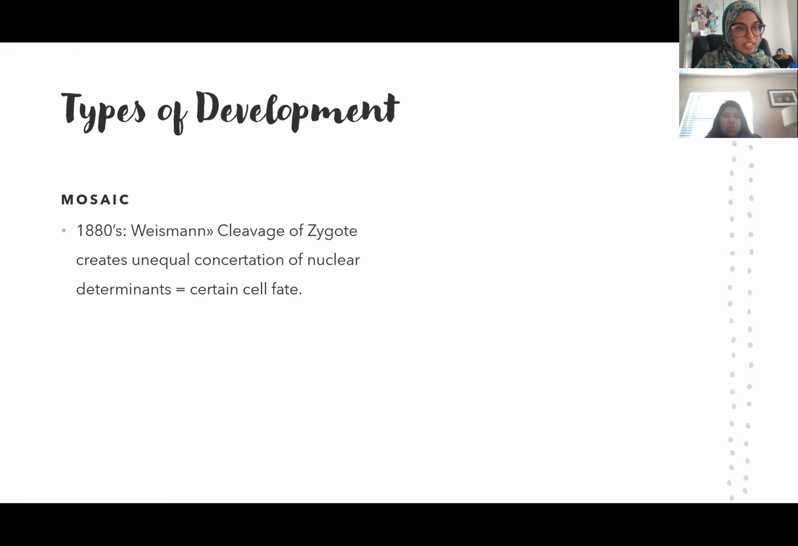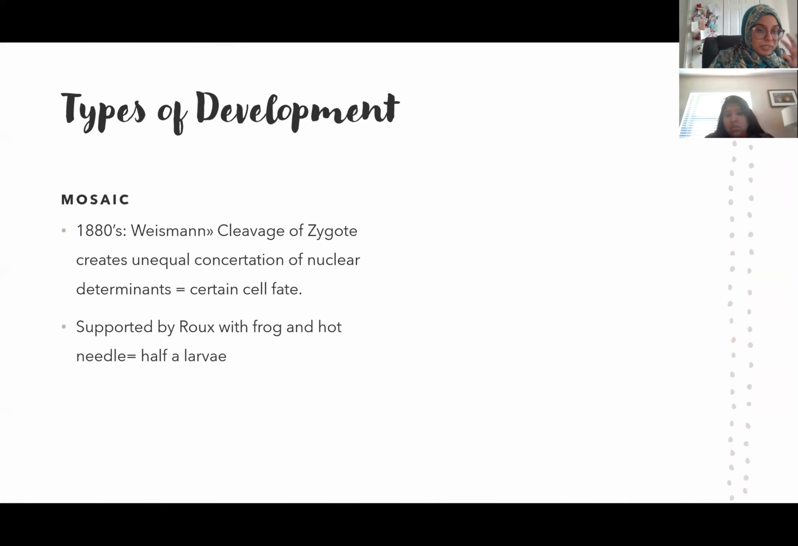So there are 2 types of development. The first one is mosaic, and that was discovered by Weismann in 1880. Mosaic development states that there are determinants within the nucleus, and by cell division, different proportions of determinants are within certain nuclei, and that determines behavior and cell fate. This was also supported by Roux